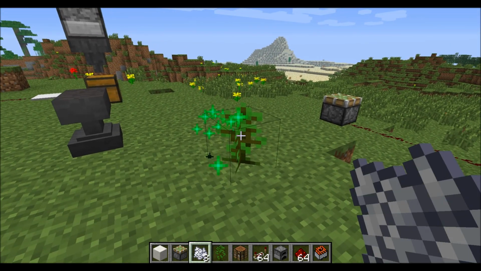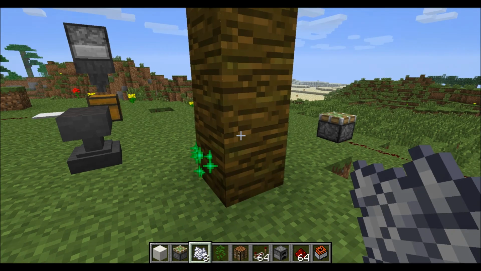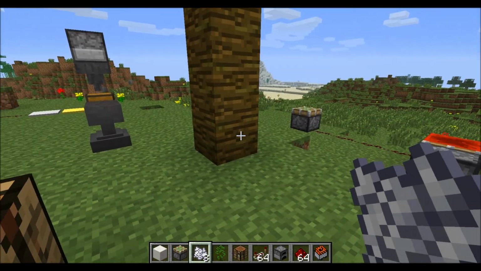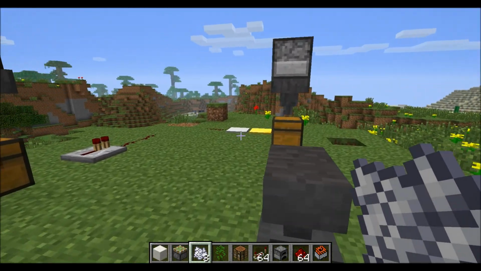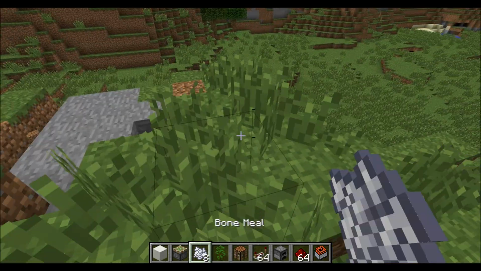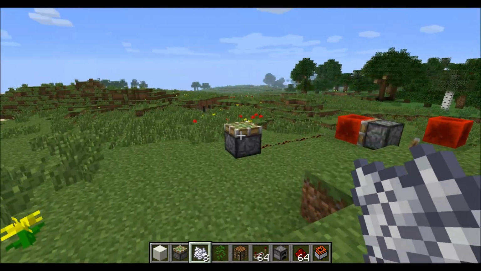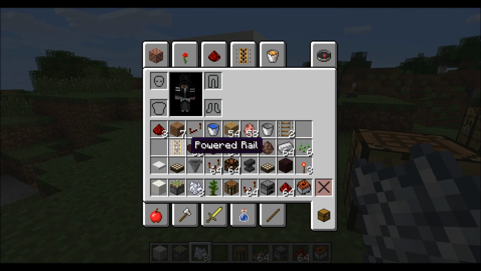So bone meal, sapling, bone meal. Oh, it's got a new animation effect for growing trees. That took quite a lot of bone meal, as you can see. It was like 5 or 6. So trees take much longer and much more bone meal than a plant would. You can still grow grass in one hit with bone meal, though. So that's useful if you're trying to harvest yourself some flowers. And I think